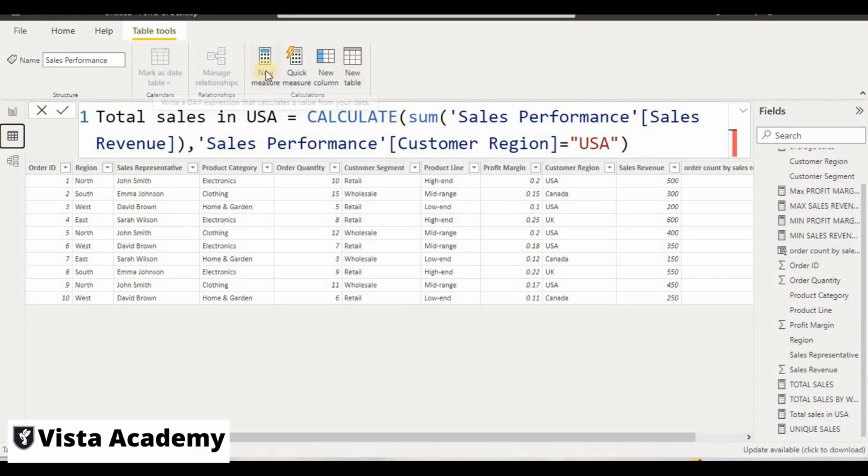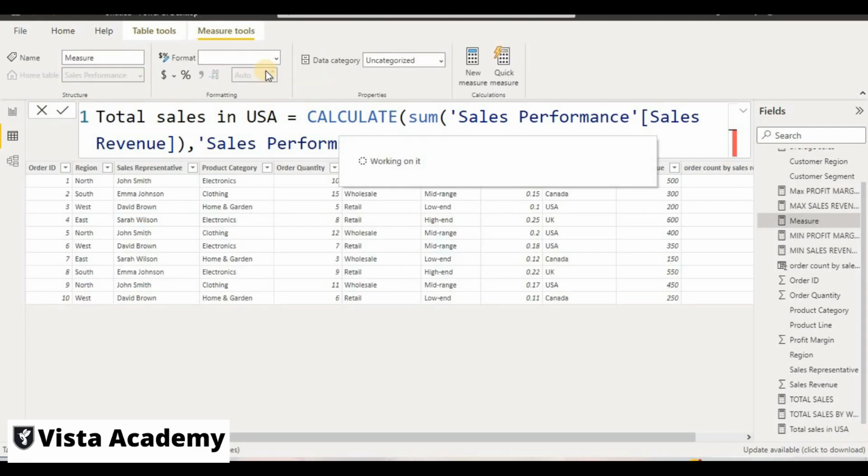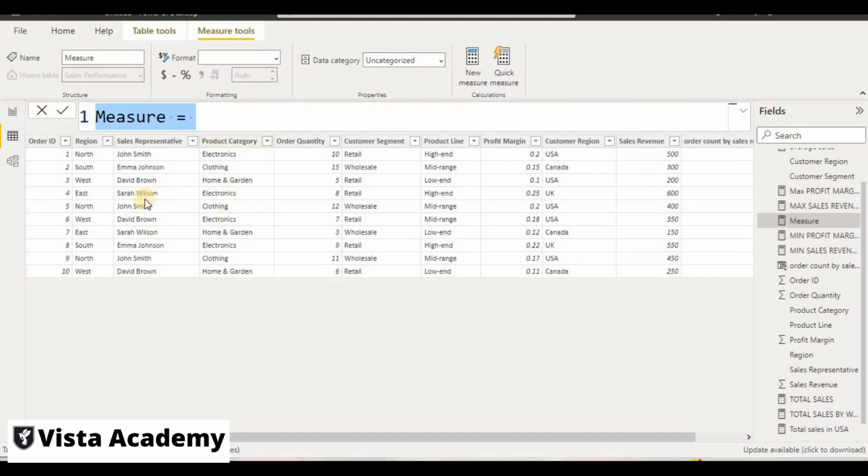Then I will go to new measure here, so we can create a new measure. We have a salesman here, and here we have sales revenue. The salesman who has the most sales revenue is the top performing salesman. So I will write out the name here, top performing